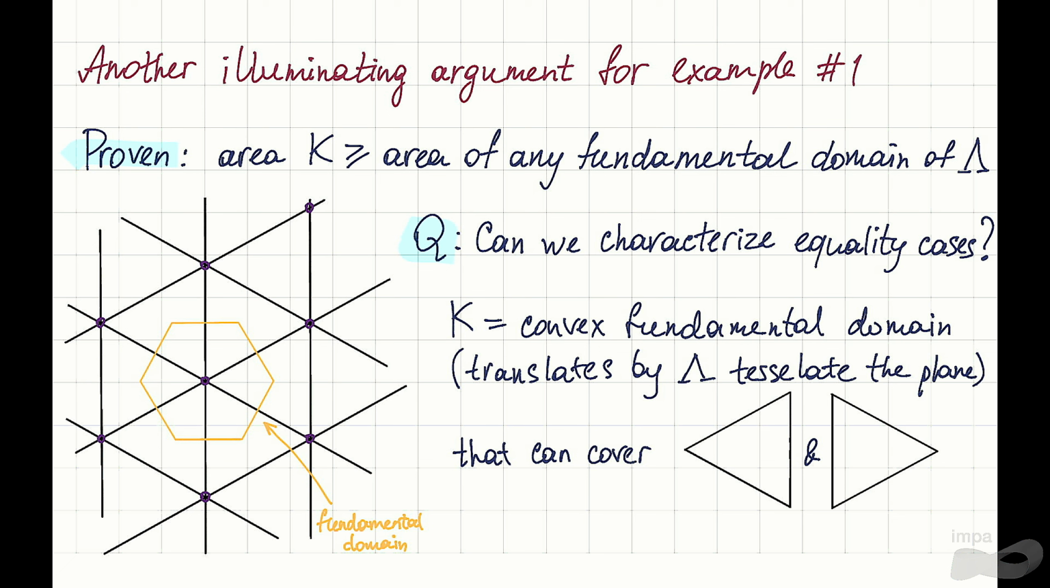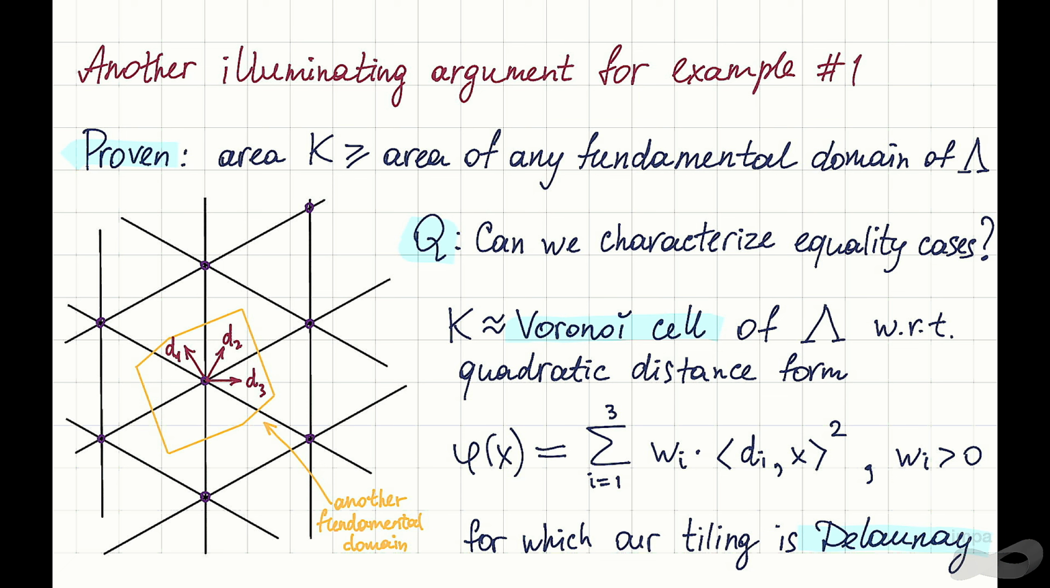From this argument, it is more or less clear that equality cases can only happen when K is a convex fundamental domain. So the translations of K cover the entire plane without overlaps. But it's not just any convex fundamental domain. It's also a domain which can cover two triangles. So from these two conditions, without going into details, I'm just going to write down one confusing way of characterizing